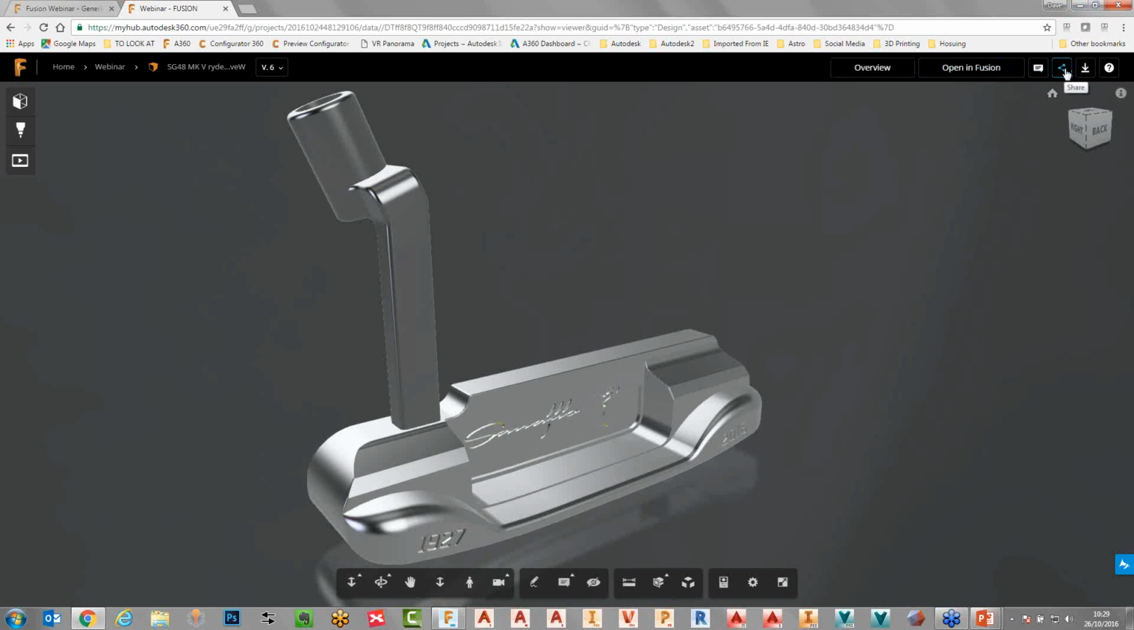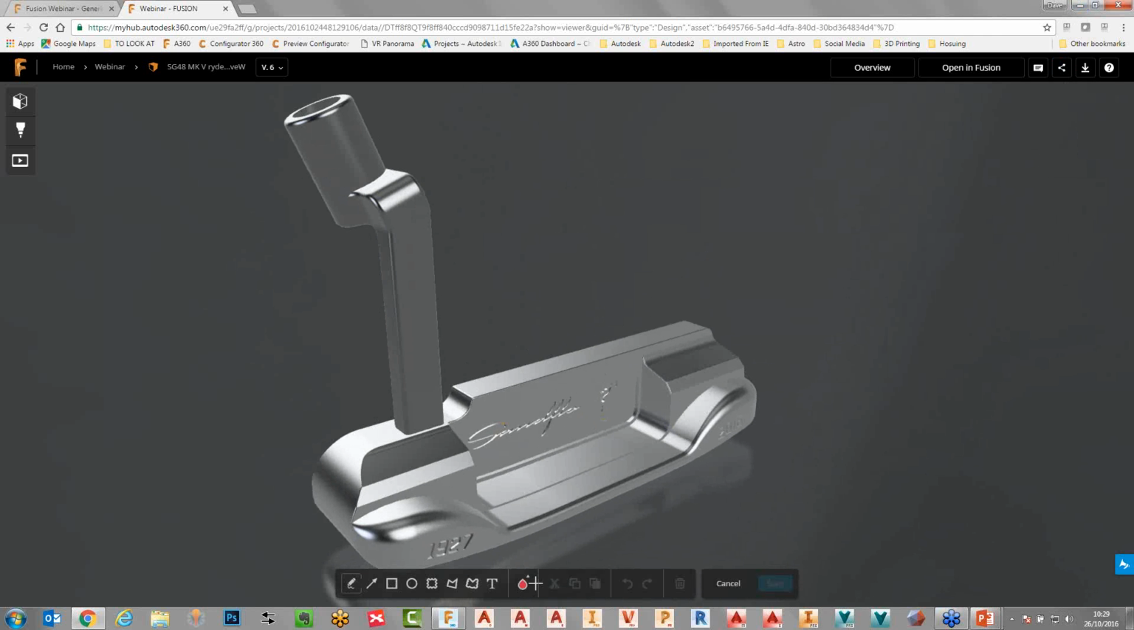I can also share as well, so I can invite other people along to collaborate with me. That's where we're looking at that collaborative aspect. I'm also able to mark up and do different things if there's a particular area that I wanted to communicate,